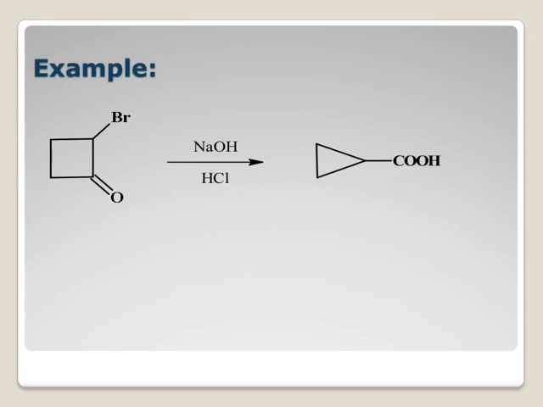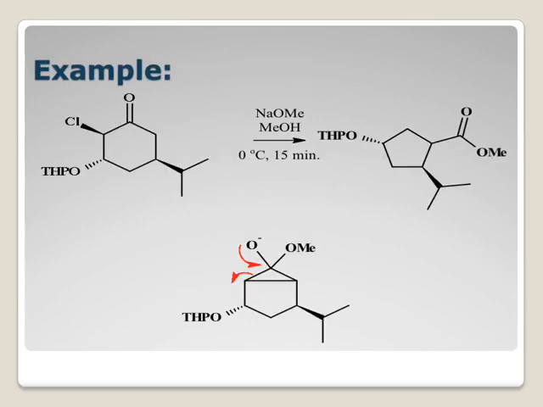Here is another example which was asked in a NET exam. Now here you can see it is cyclohexanone with substituents. We have got isopropyl group and halogen. See the stereochemistry. So alkoxide, in this case we will get again 5-membered ring. There will be decrease in ring size, ring contraction will take place, we will get an ester, and here this intermediate is obtained.